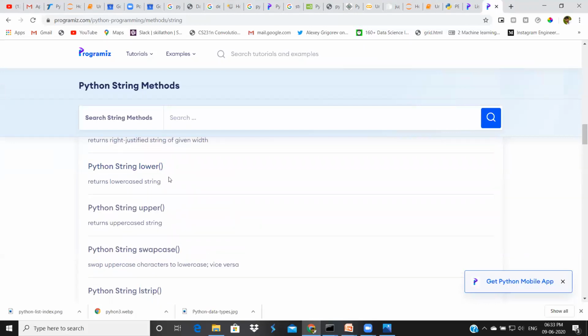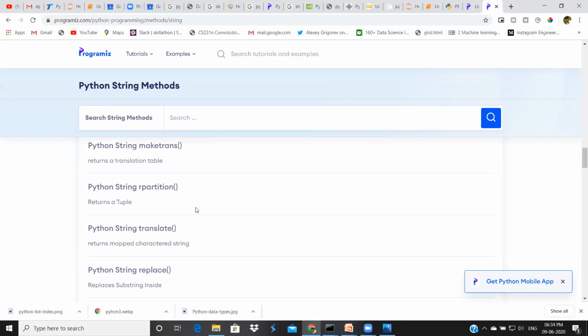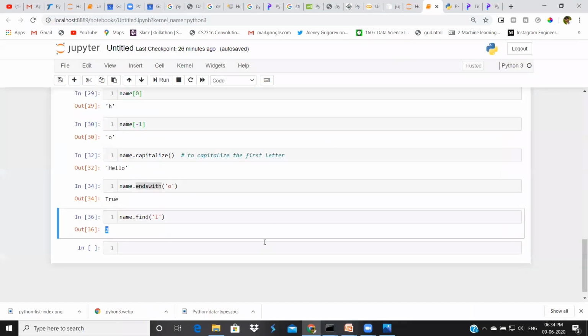You can convert into lowercase. You can convert into uppercase. Yeah, we can use split as well. For suppose I have a greeting, hello, good morning.